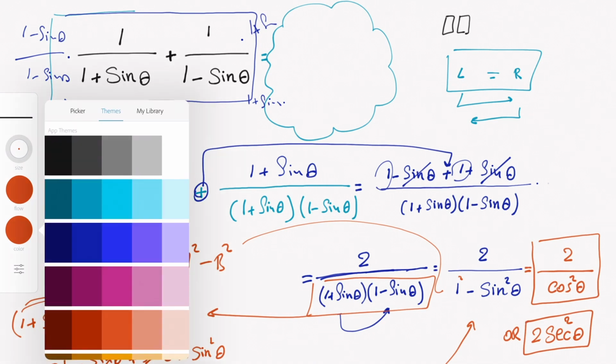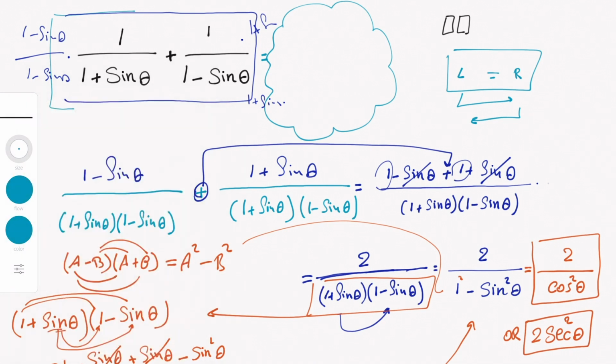Where is secant coming from? Because we had 2 over cosine squared theta. This is the same as 2 multiplied by 1 over cosine squared theta. This is the same as 2 times 1 over cosine of theta, squared. 1 over cosine theta is secant theta. The square will go there. We get 2 secant squared theta, which is